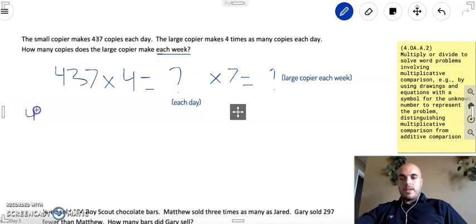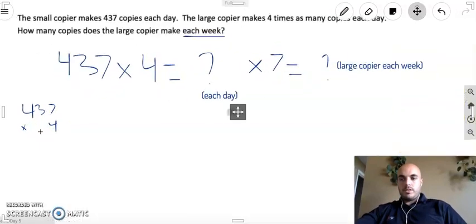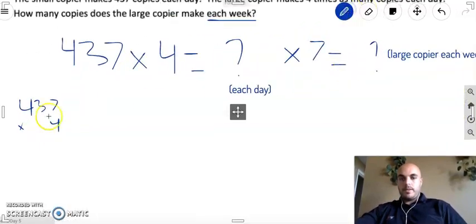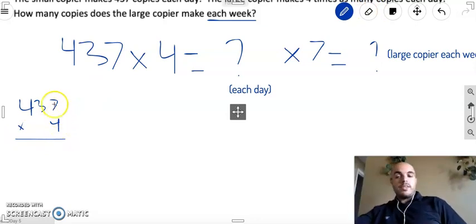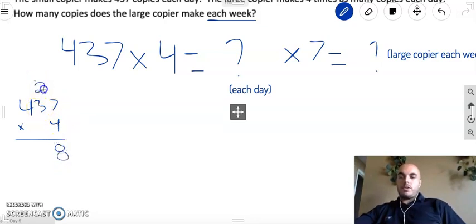Let's take 437 and multiply it times 4. Let's zoom in just a little bit. There we go. All right, same method as before. 4 times 7 is 28. I'm going to carry my 2 over the top. 4 times 3 is 12, plus 2 is 14. Carry my 1 here. 4 times 4 is 16, plus 1 is 17. Okay, so each day is 1,